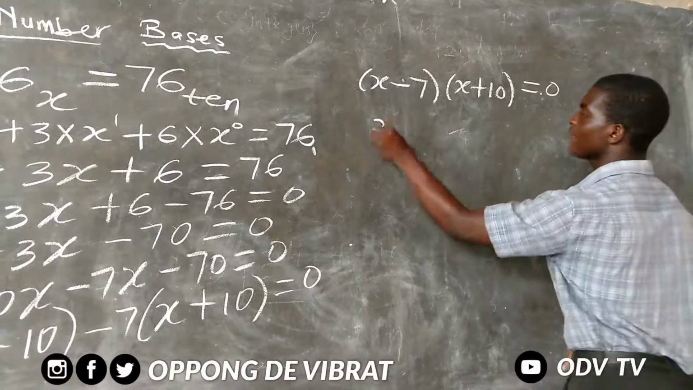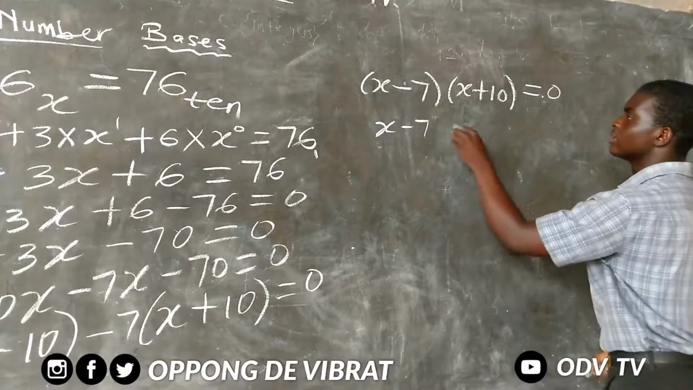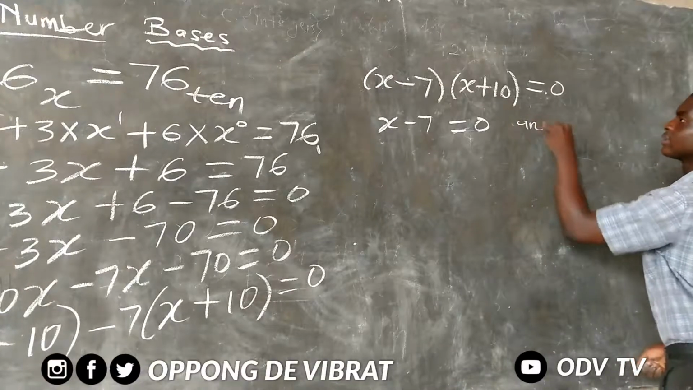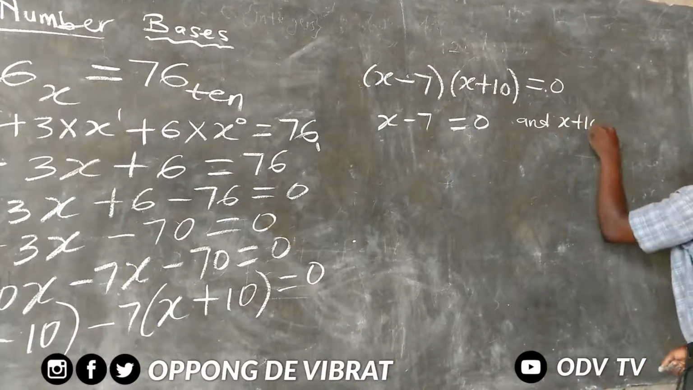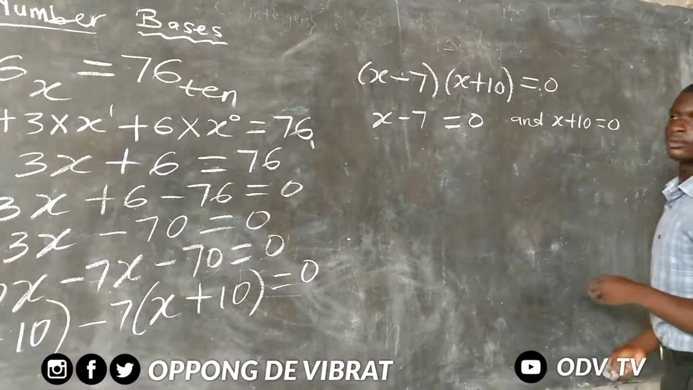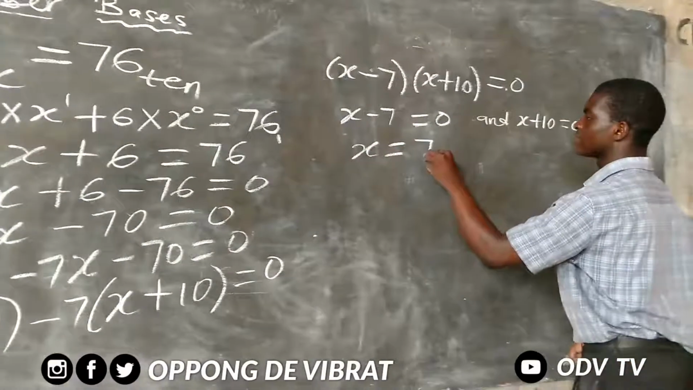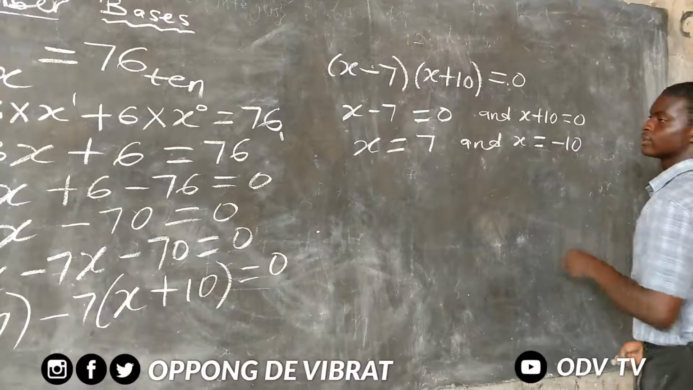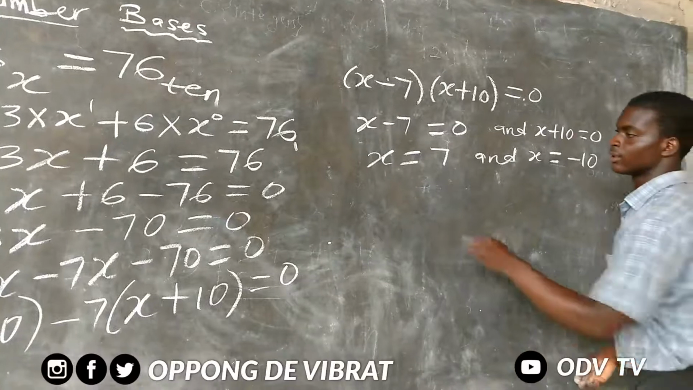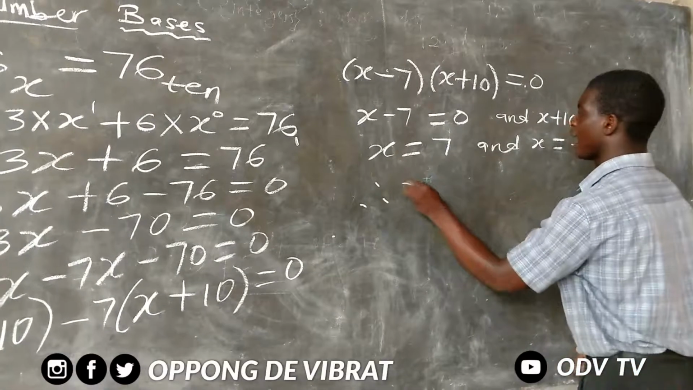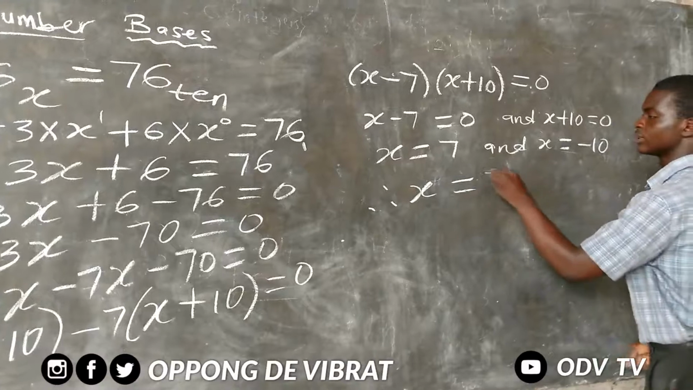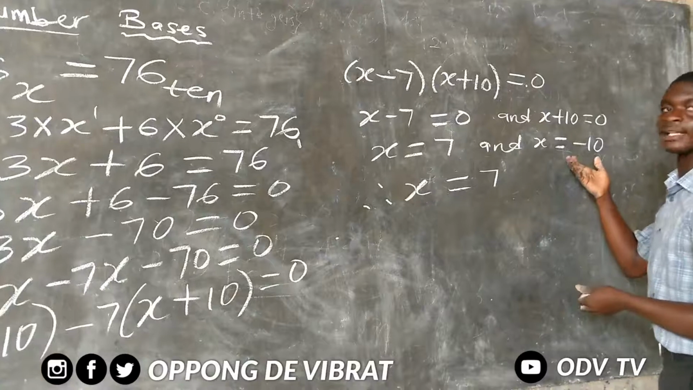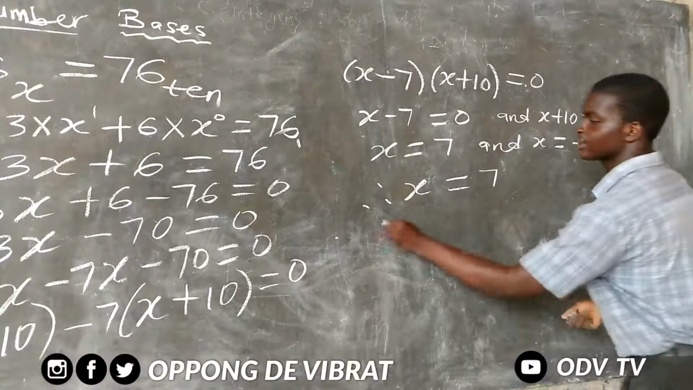With this, we have x minus 7 equal to 0 and x plus 10 equal to 0. x equals 7 and x is equal to negative 10. Therefore, x is equal to 7. We did not take into consideration x equals negative 10, since